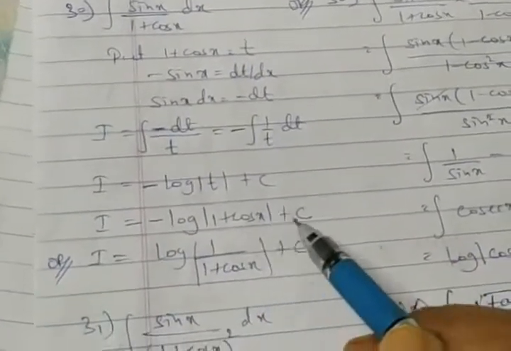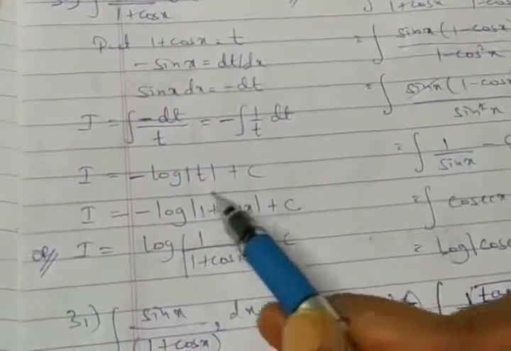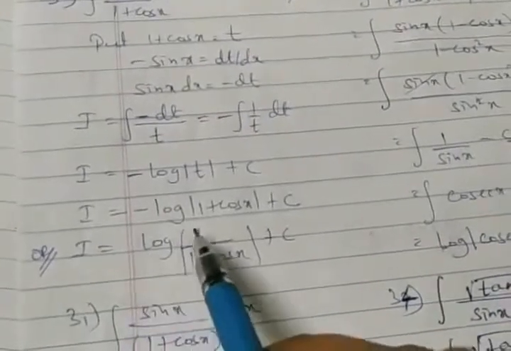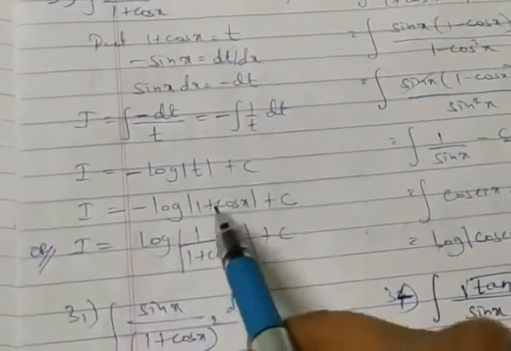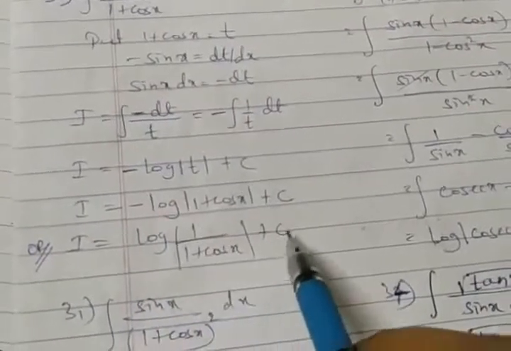We have 1 plus cos x plus c. Okay, minus I have not accepted here, and that's why I have taken the reciprocal of this, but it is not compulsory. The option I'm giving here is log of one over the denominator, the reciprocal, and therefore this minus has been taken out. So we have one over 1 plus cos x plus c should be the answer.